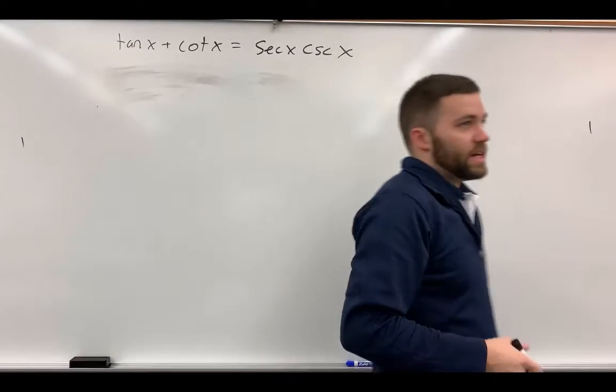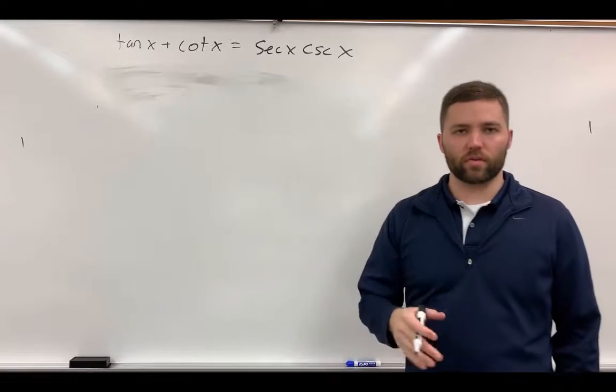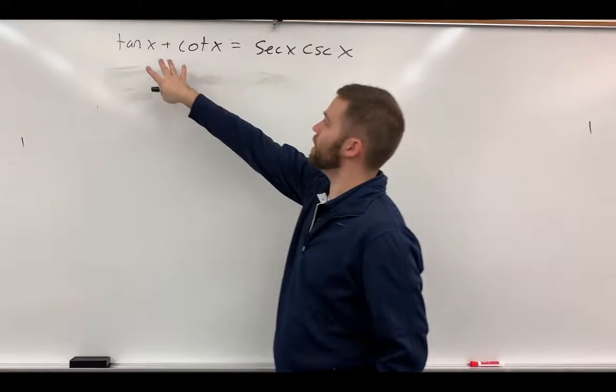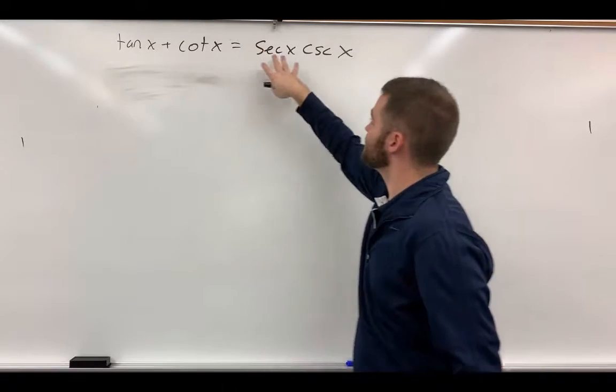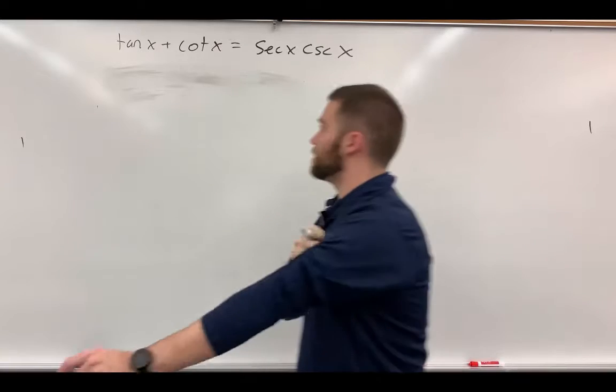All right, to prove that this is an identity, the first step is going to be to decide on which side to start with. We usually start with the most complicated side. So that would be this tan plus cotan, because this is one term. This is two terms being added. So let's do that. Let's write out tan